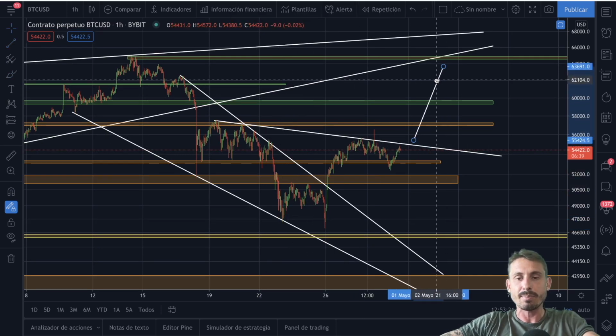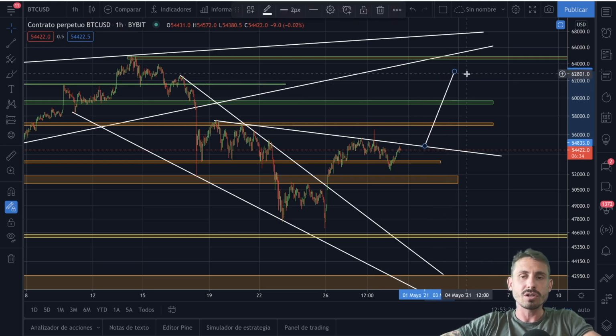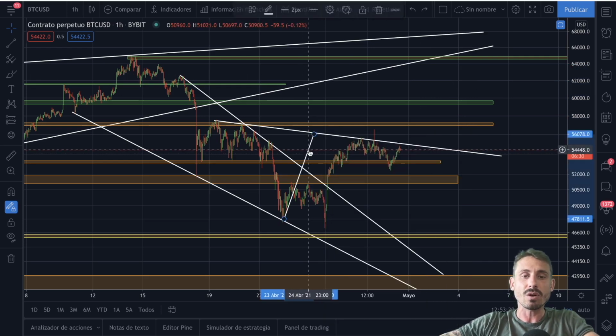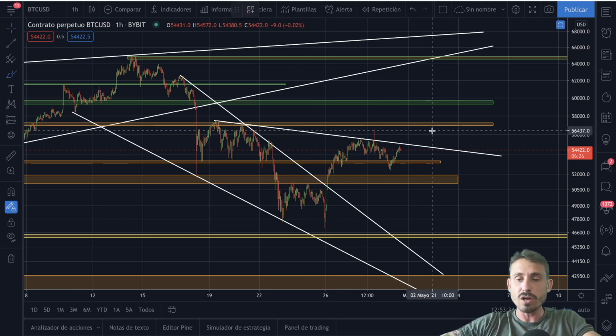And from the breakout, depending, it's going to be in the next couple of days, this could take us all the way almost to the $63,000 range. There's going to be major resistance while we break this neckline. Which resistance? Well, the first one, in my opinion, is the